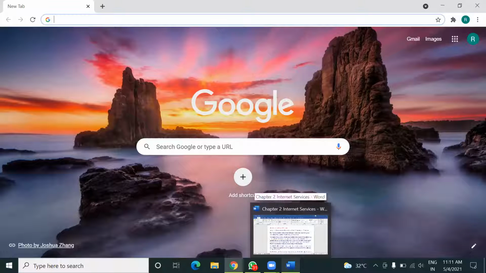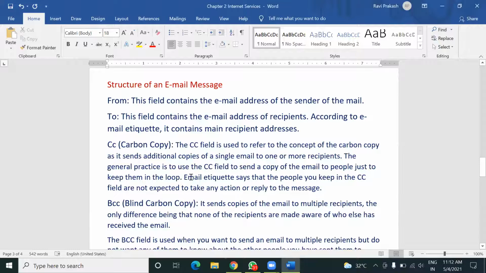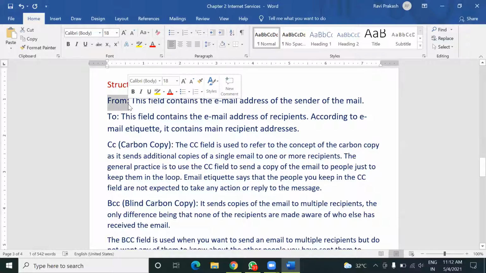So now if you have a Gmail account, you can use the email services from it. While you are sending any email message, or while typing the email message, you will get these things. The first field you will get is From.